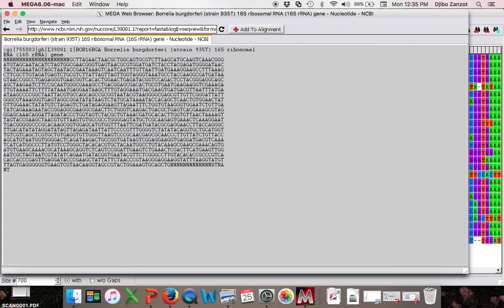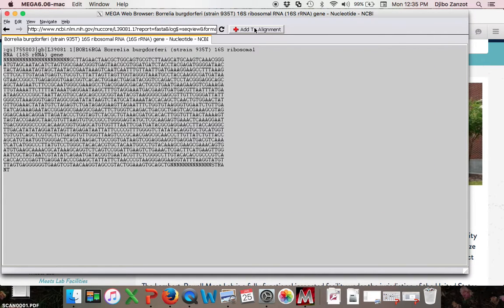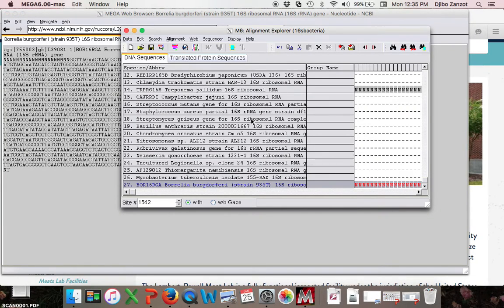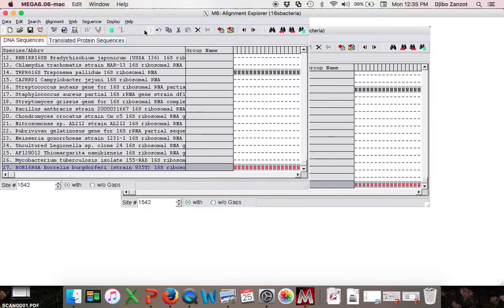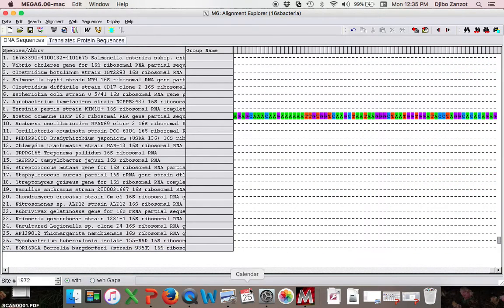You start with the genetic information. You can see there's all these N's for nucleotides they couldn't resolve, so they just said there were some nucleotides there, we don't know what they were. Anyway, we're going to go ahead and we're going to just click Add that to Alignment. I click Flower 2, and you can see in my alignment that that sequence has been added. Okay, I'm going to embiggen this, and you can see I've added it to my